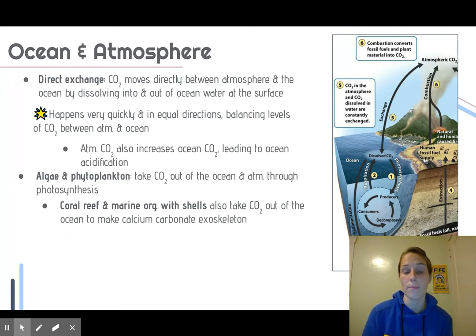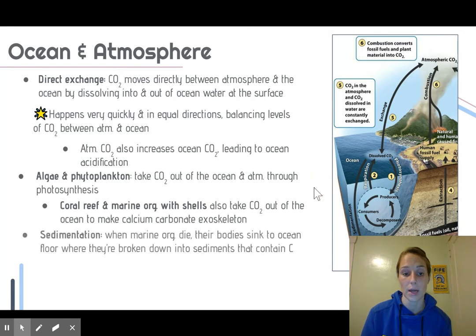So those shells are made out of calcium carbonate. And in order to make calcium carbonate, carbon dioxide is involved in that process. So you do have the algae and the coral reefs able to take some of that carbon dioxide out. I mean, not necessarily at the rate that it's coming in with higher atmospheric CO2 levels, but that is